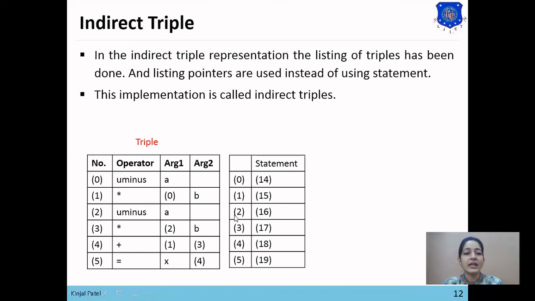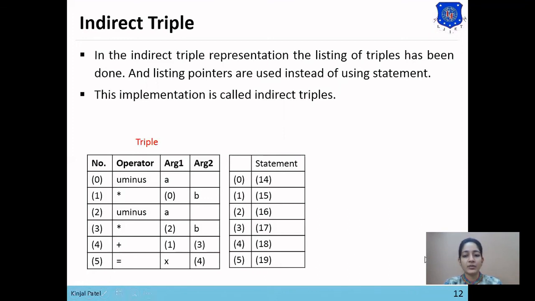To store the result of 2, pointer 16 is used. To store the result of 3, pointer 17 is used. So if we want to perform the operation of 3, then we'll reference 17 instead of 3. Then to store the result of address 4, 18 is used, and to store the result of address 5, 19